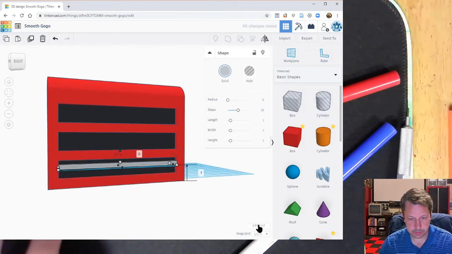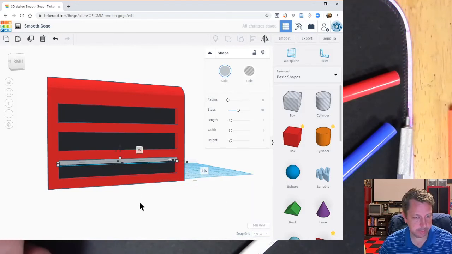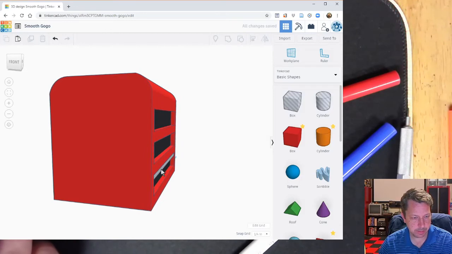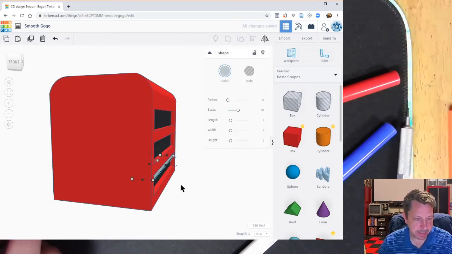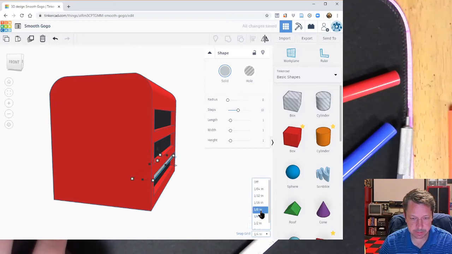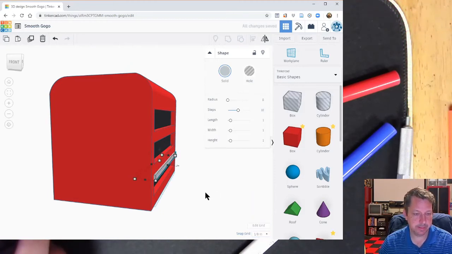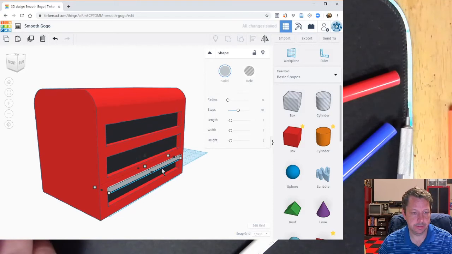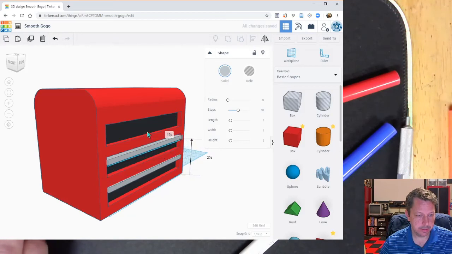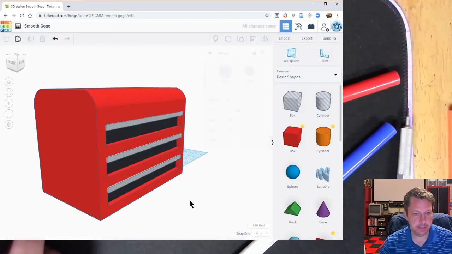Oh, look, they're skipping too far, so let's drop our grid spacing down there. That looks great. Actually, let's make those stick out a little less than that. So let's go down to 1/8 inch. There, I like that. All right, so that looks like a drawer pull. Let's copy that one, Control D, raise it up to here, Control D, get the next one in, and now we have some things that look